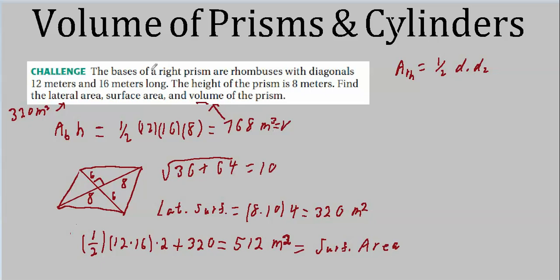So for this problem, it was really pretty easy. We just had to go back and remember our earlier sections on lateral and surface area, and then volume of a prism, which is also fairly easy. Remember, these are all practical formulas, things that you might actually use in everyday life. Not just being an engineer or a scientist or a mathematician, but being somebody who needs to put up curtains or buy bed sheets and needs to know what size, or fill up an aquarium. You know, this is all real practical stuff.